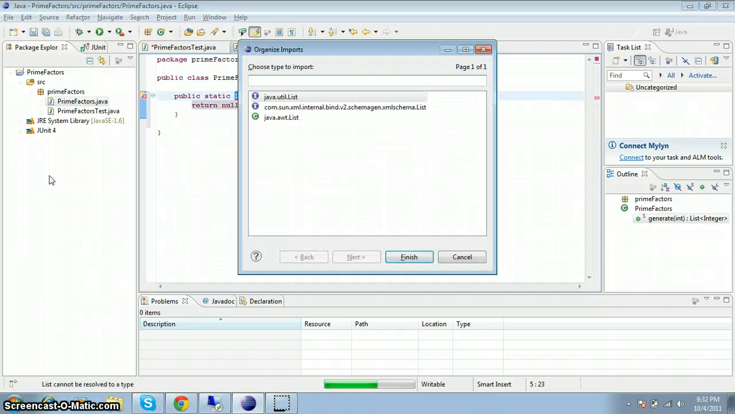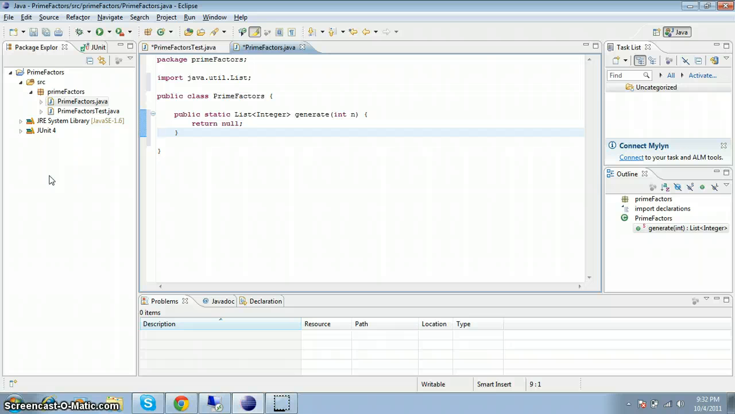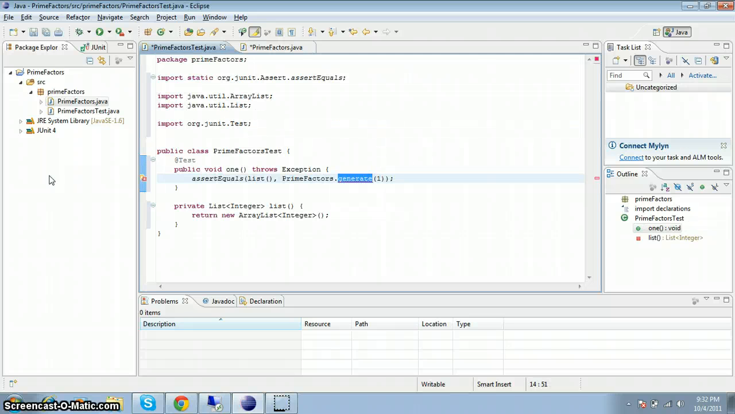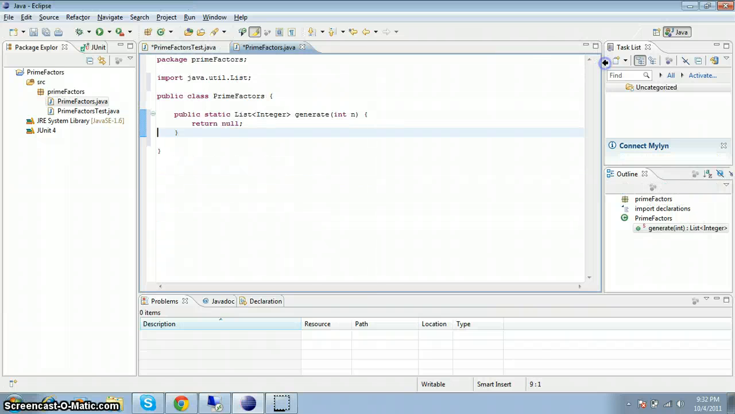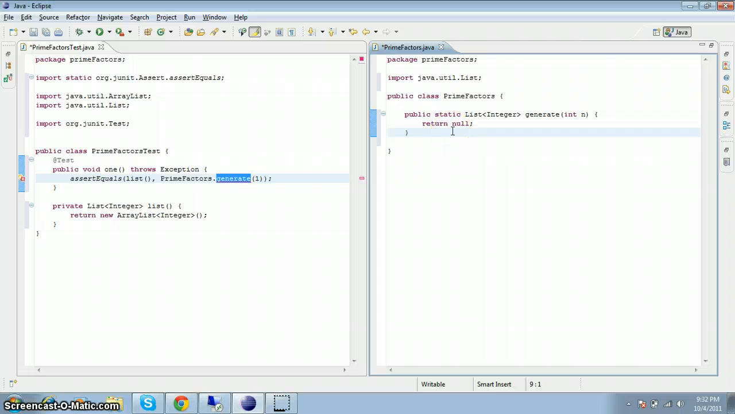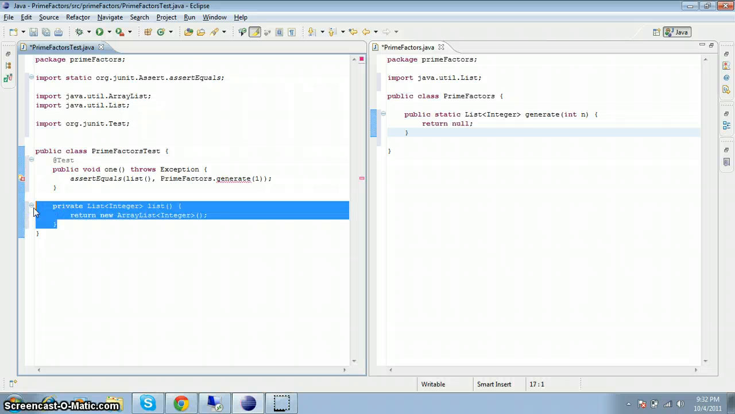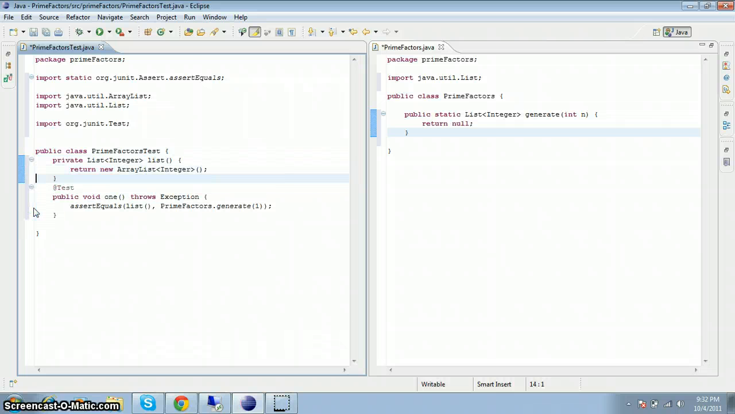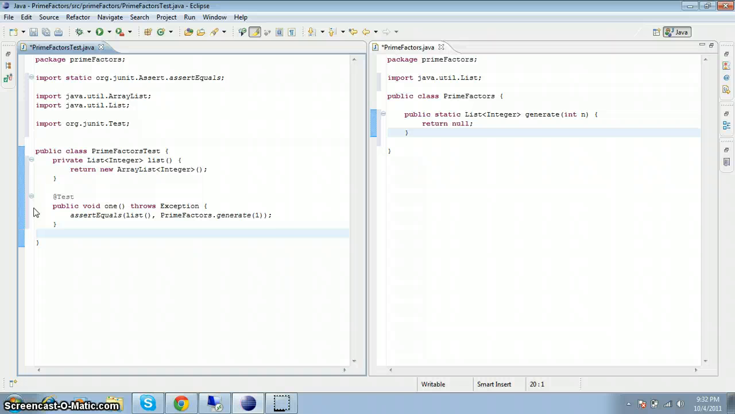Let's import java.util.List first. Let's go back. Well, actually, let's split the screen. Okay, Control M to maximize. Let's go back. Actually, let's move our list helper method to the top, holding Alt after selecting. All right, let's run our tests,